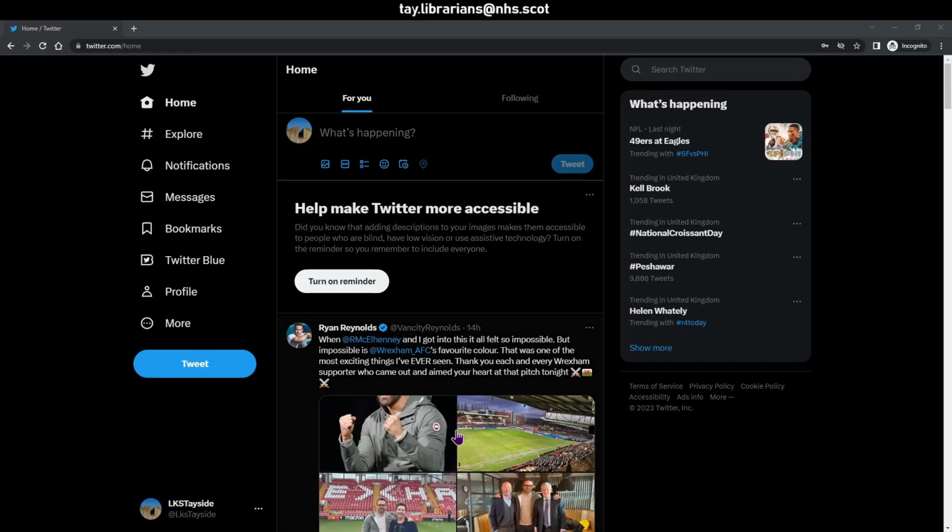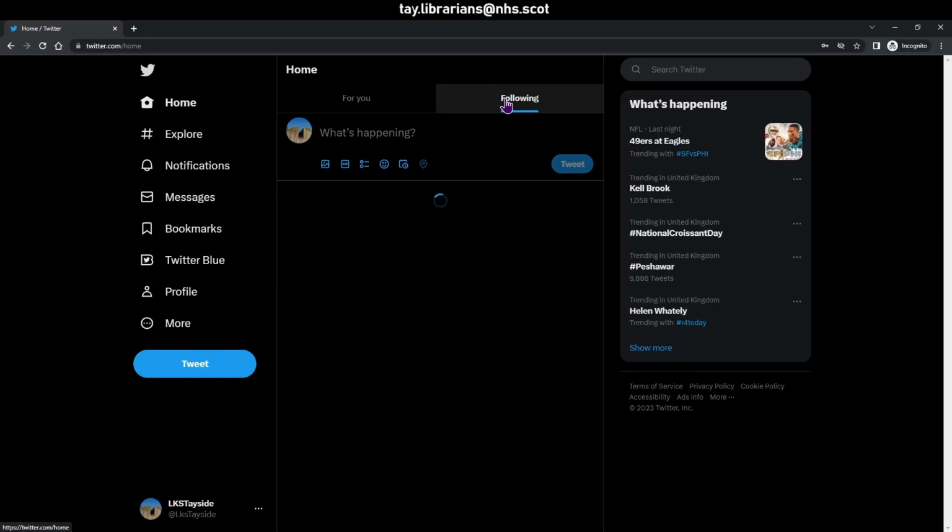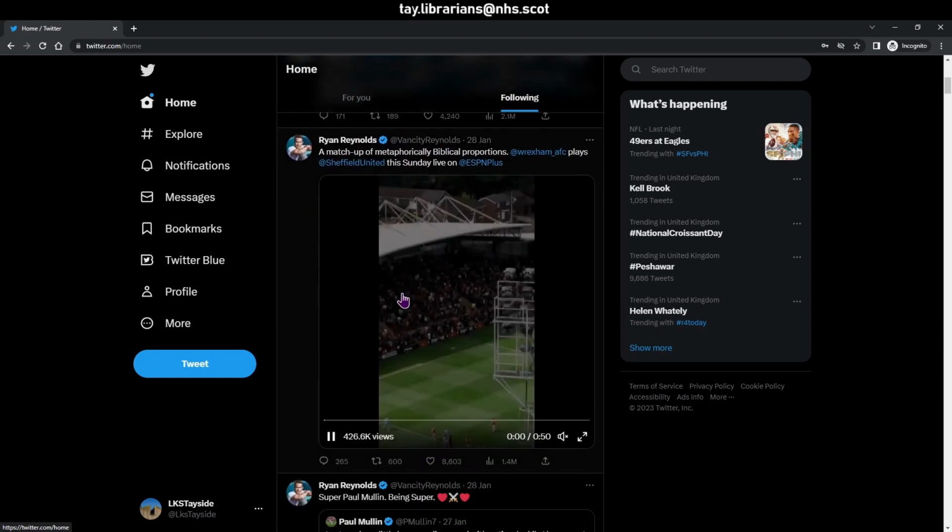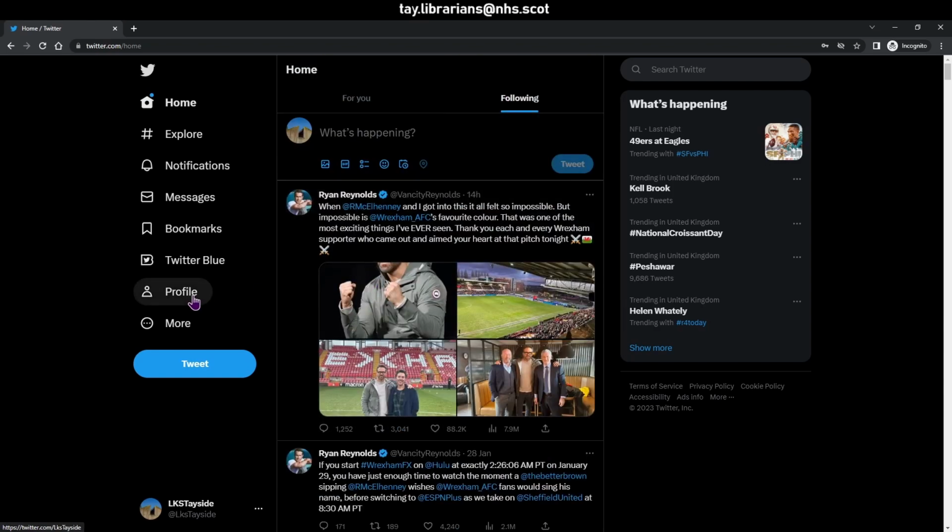But there is another awkwardness about Twitter that unfortunately isn't explained very well. That is that the default, when you are in your home screen, shows that you are For You. And For You basically means that this is stuff that Twitter thinks is of interest to you. These aren't necessarily people that you follow. This is just stuff that Twitter's algorithm has decided that you are interested in. And sometimes stuff that you're really not interested in.